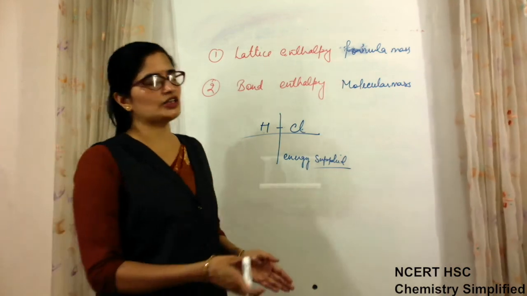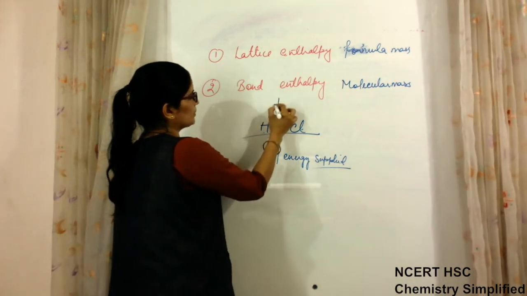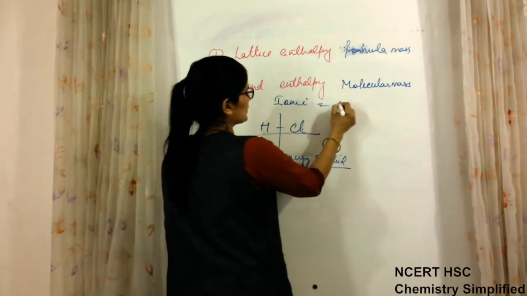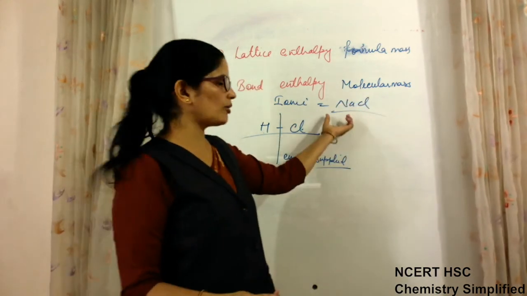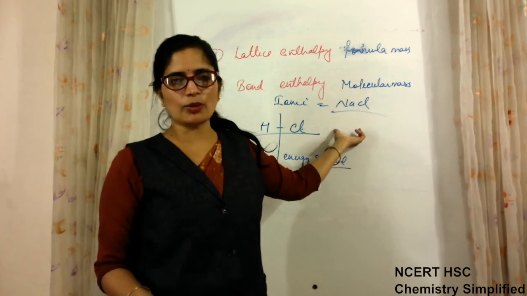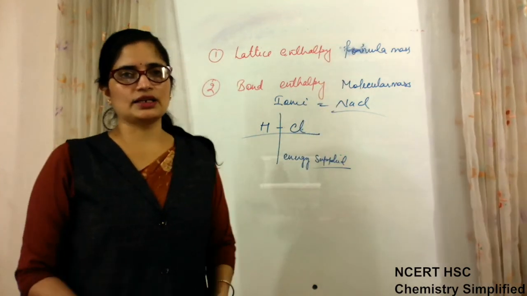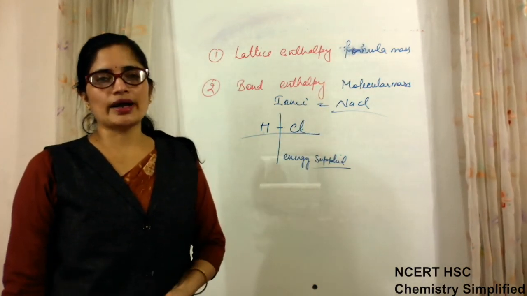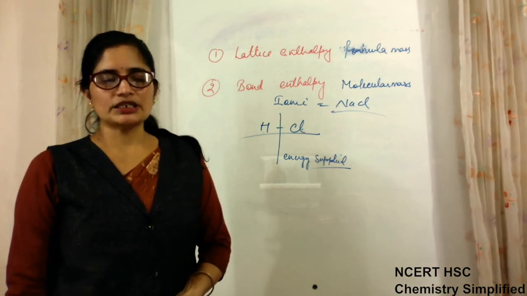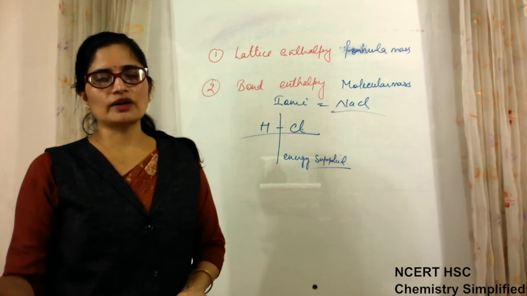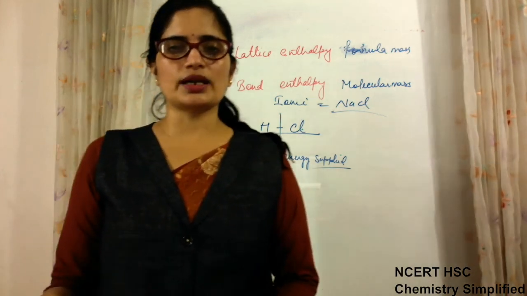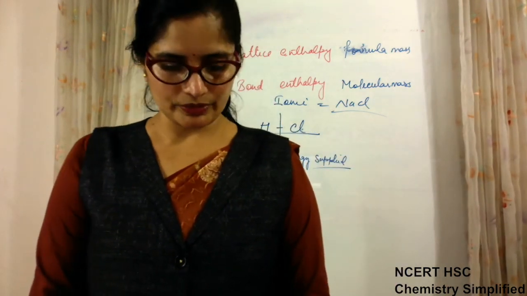And if this definition is given for an ionic compound, NaCl is an example of an ionic compound. NaCl will not be present in the form of NaCl, it will be present in the form of a crystal of NaCl. So the amount of energy required to break a bond in an ionic bonded compound to convert it into gaseous ions is known as lattice enthalpy. Okay, so